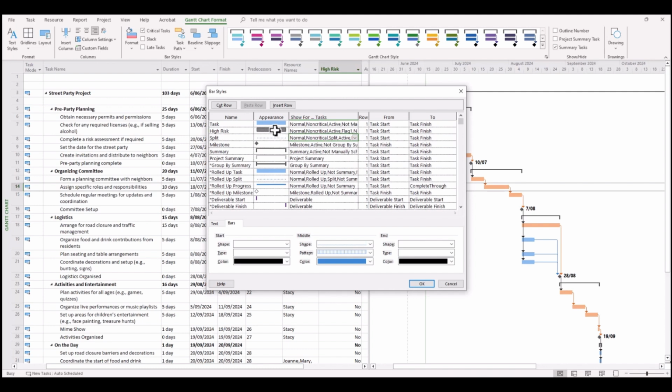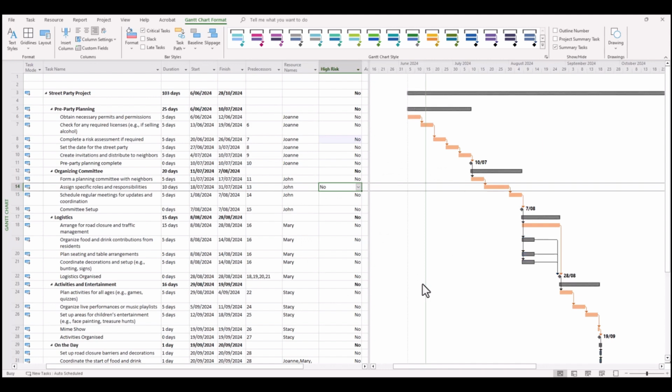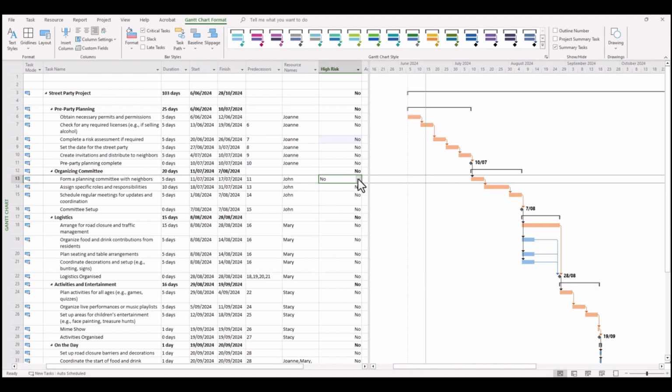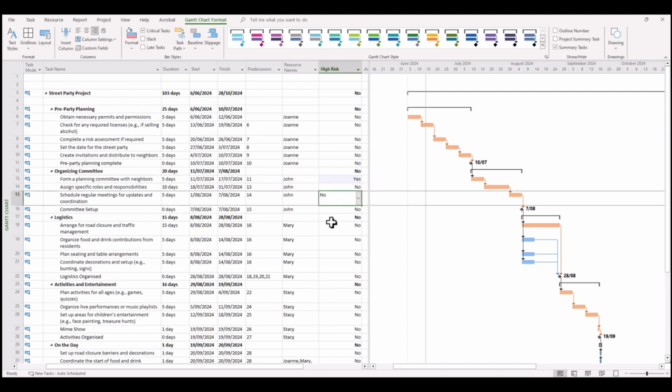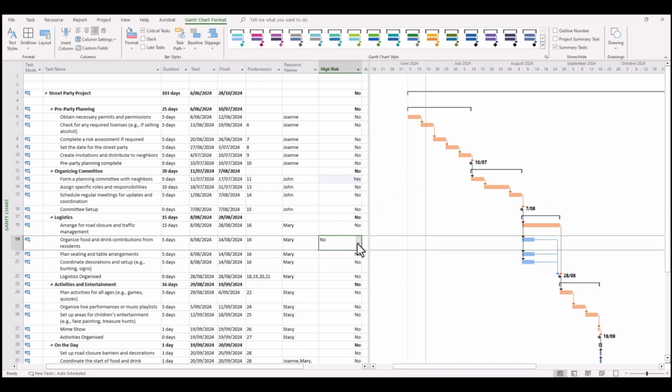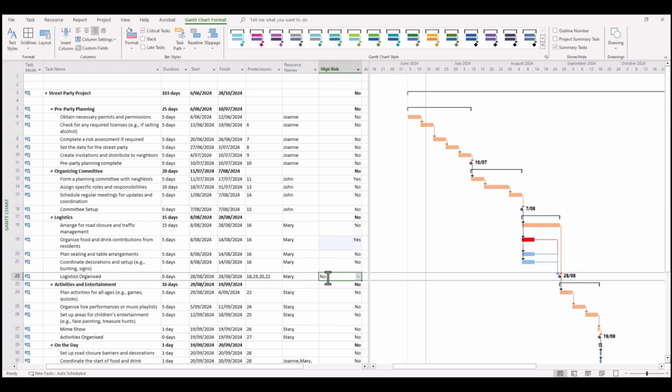There we have it. Now we are going to change the color to stand out. So something that's risky, red or bright red comes to mind, so we'll do that. Make sure the colors are red before and after, and the pattern we'll make a solid red so it really stands out. And we go OK. Now you'll notice that even though we click yes, nothing changes. But notice what happens when we go to critical tasks and we go yes, it changes. So we just still have a little bit more work to do. We need to also satisfy this condition for critical tasks as well as non-critical tasks.